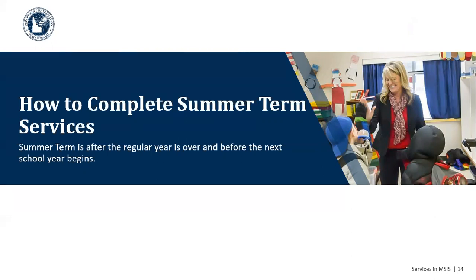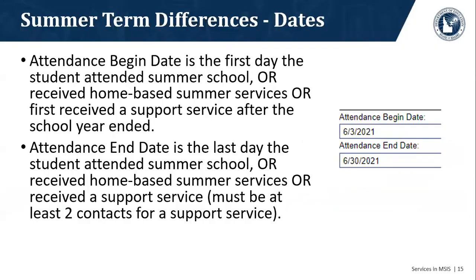The summer term is after the regular year is over, but before the next school year begins. Any of those times, we do not have specific dates. If your students finish on June or May 24th and summer school starts May 25th, that's fine. If it starts June 1st, that's fine. If it starts August 1st, that's fine. It cannot run past August 31st because then it would cross over into a new performance period. But I think it's pretty safe to say that most of our districts would never go past August 31st with their summer term.